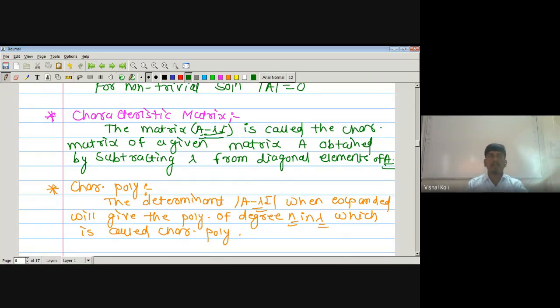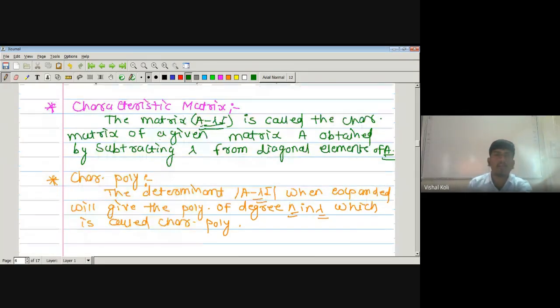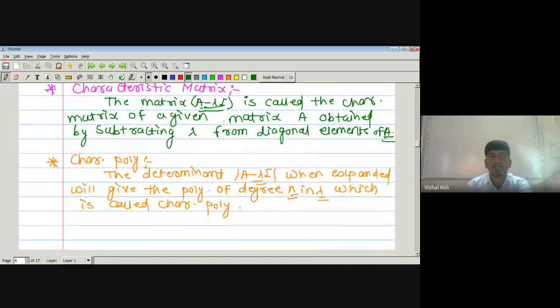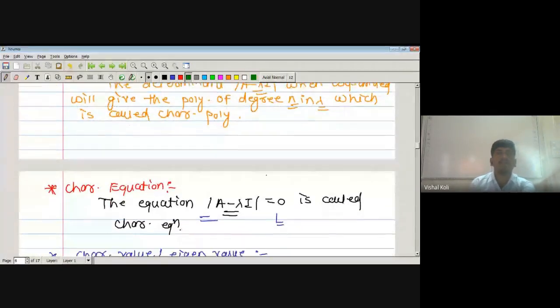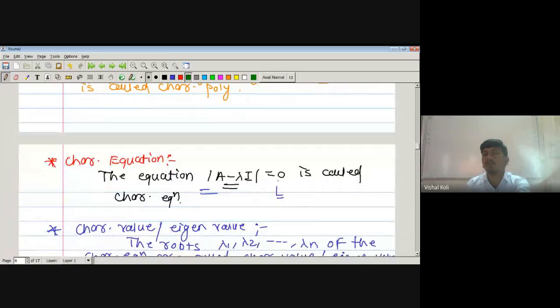Then if we find the determinant of this characteristic matrix, we get the characteristic polynomial. The determinant of A minus lambda I is nothing but the characteristic polynomial, and it is a polynomial of degree n in lambda. It becomes a characteristic equation when we equate this determinant to 0. That is, determinant of A minus lambda I equal to 0 is the characteristic equation, and the roots